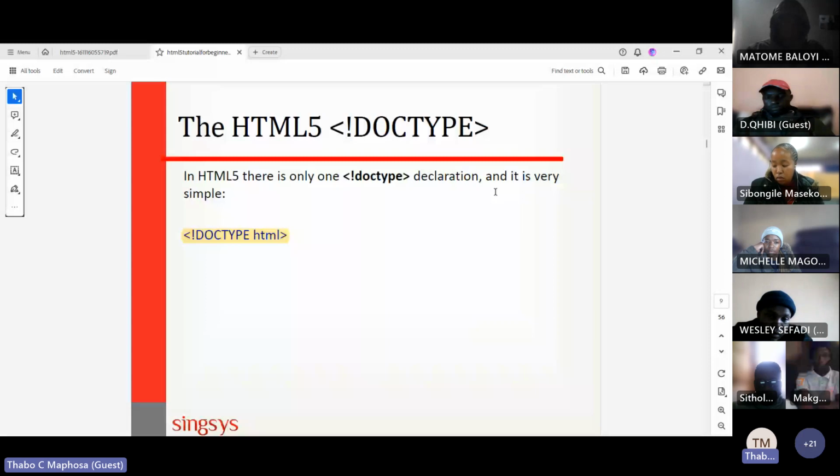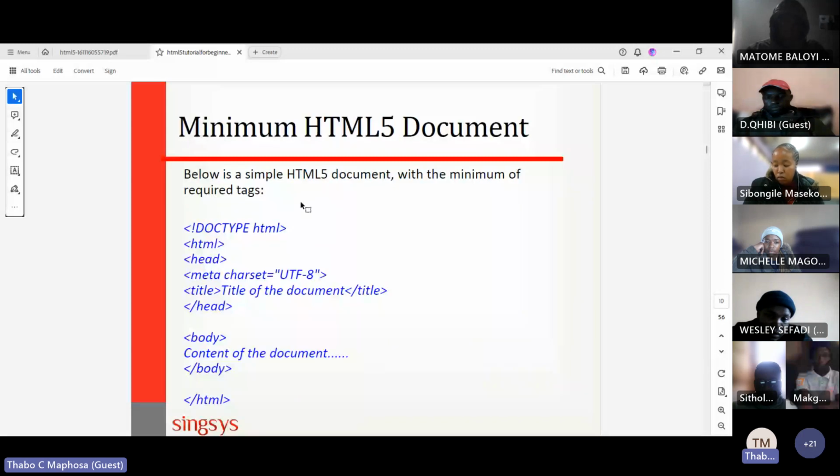Now, minimum HTML5 document. Below is a simple HTML5 document with the minimum required text. The first tag is the doctype, which is that declaration there. The second tag is HTML.